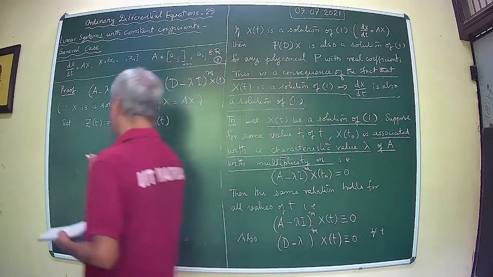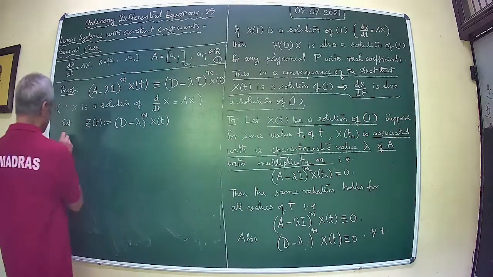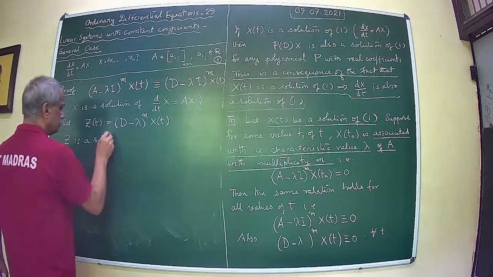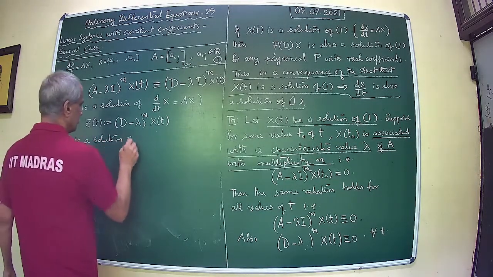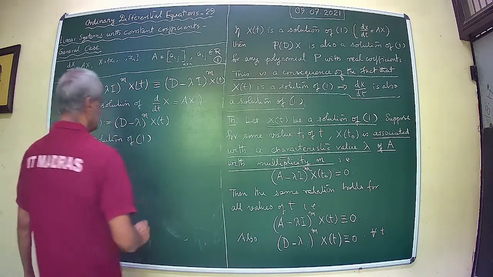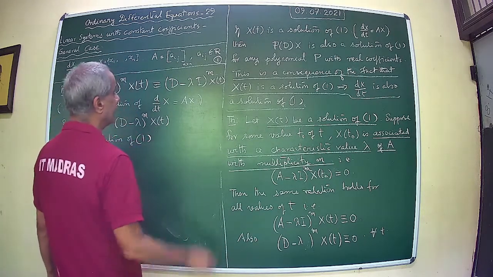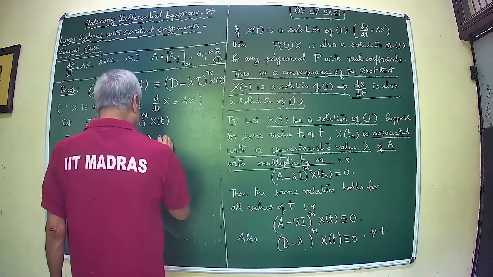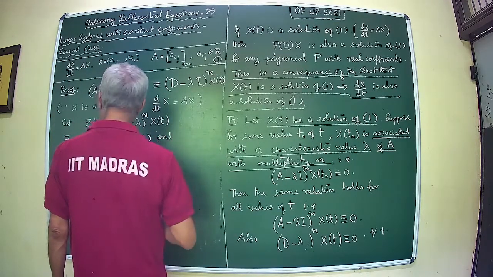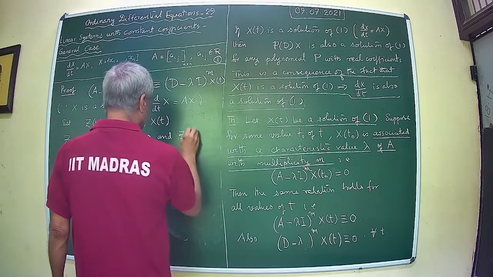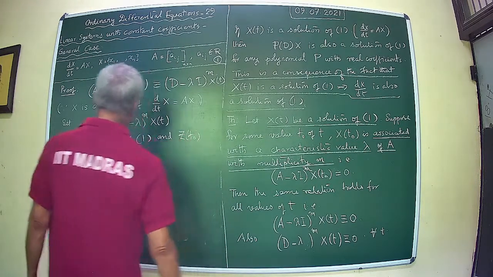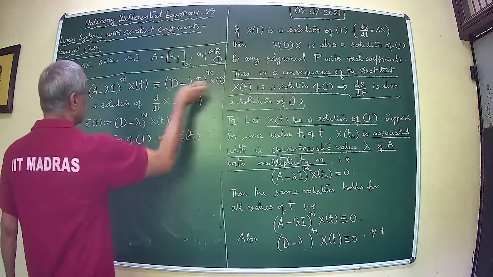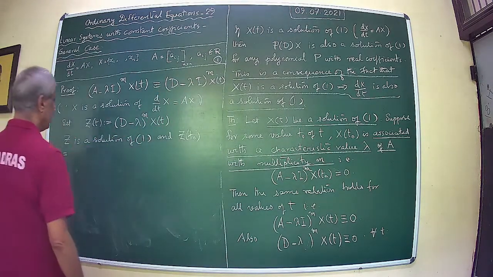Then one observes that z is a solution of one, that is dx by dt equal to ax, and z t naught is equal to what? Z t naught equal to